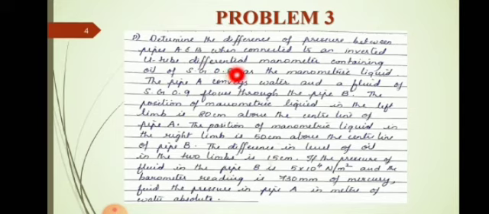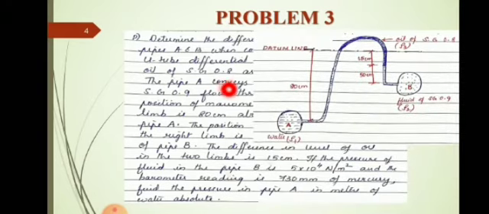As we know, in an inverted differential manometer, we'll be using a liquid having a specific gravity lesser than the specific gravity of the liquids in the pipes whose pressure is to be determined. So here we are using a liquid of specific gravity 0.8 as the manometric fluid. Pipe A conveys water and a fluid of specific gravity 0.9 flows through pipe B. See the figure. This is pipe A, it is carrying water, and this is pipe B, it is carrying a fluid of specific gravity 0.9.